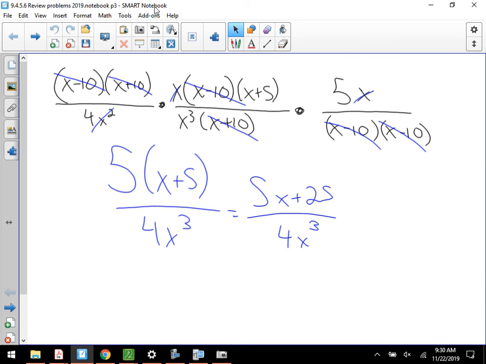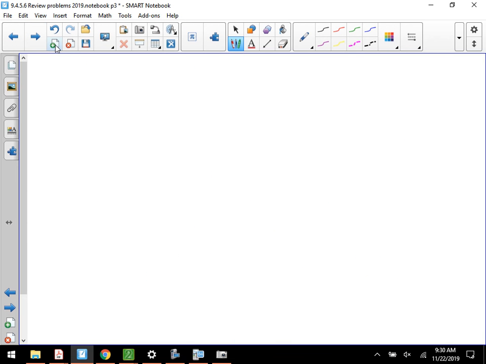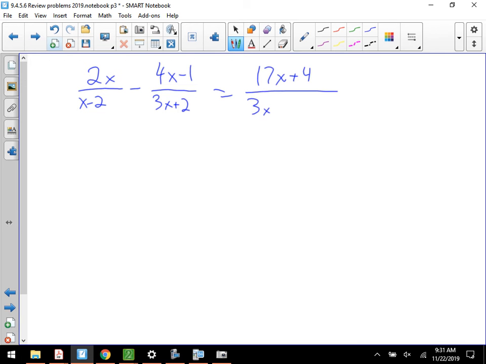Which number 6? Oh, the 2x over x minus 2? Okay. So, I'll just write it down. So we have 2x. This is number 6 on the first page. I think it's the only number 6 on that one, so that's good. X minus 2, subtract 4x minus 1 over 3x plus 2 equals the 17x plus 4 over 3x squared minus